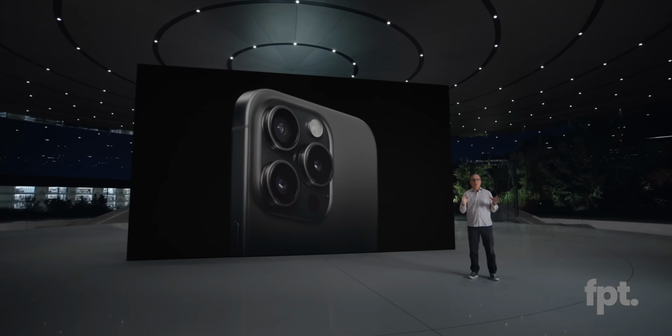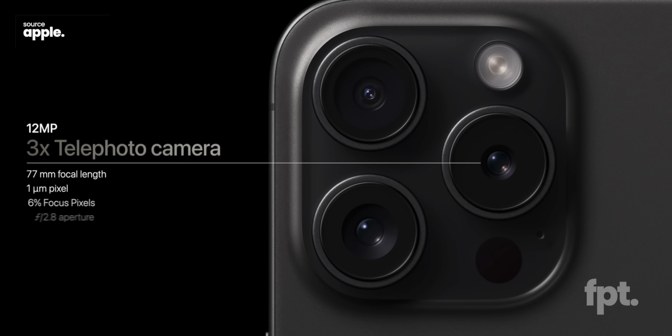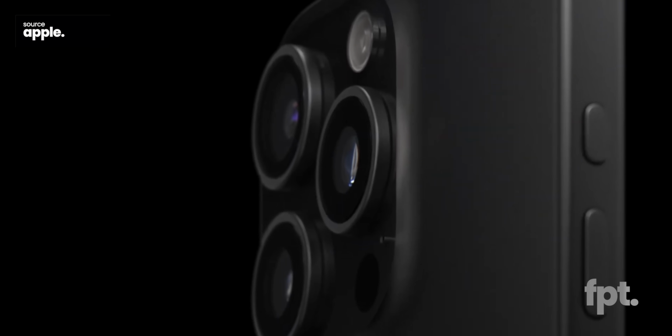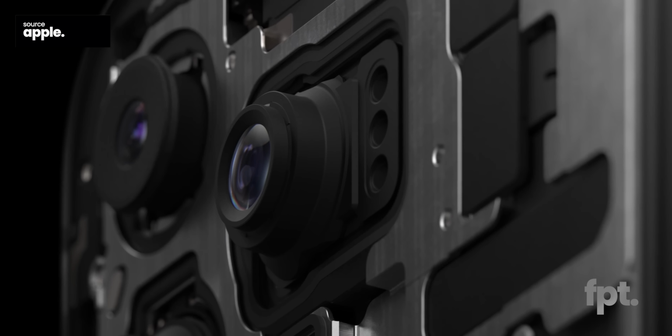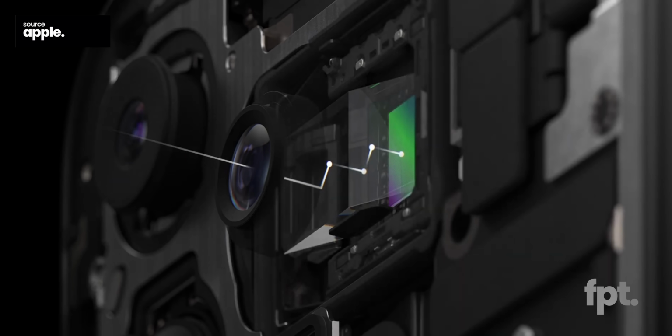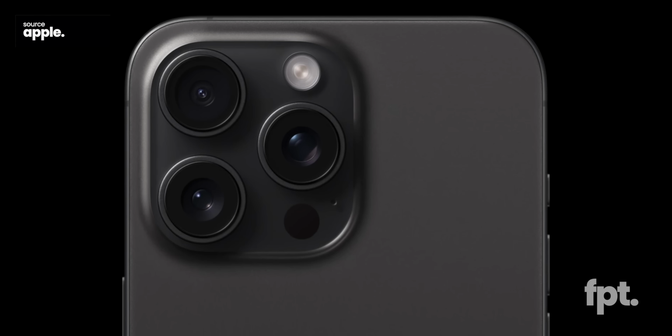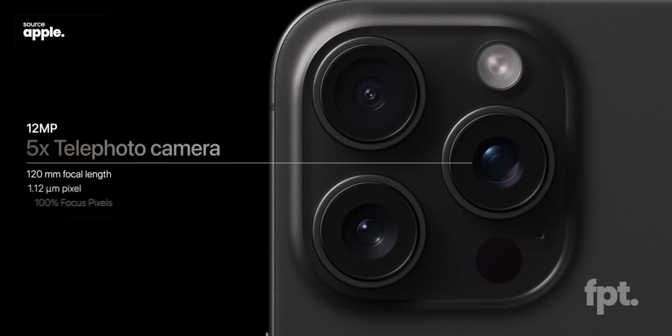The standard 15 Pro model, as expected, is keeping its typical 3x optical zoom telephoto lens, but the Pro Max this year gets a new camera, and the rumor of a periscope camera that we have heard about all year is not that. It's literally not a periscope lens. This is just a static but better telephoto camera, only giving about 5 times optical zoom as compared to Samsung's